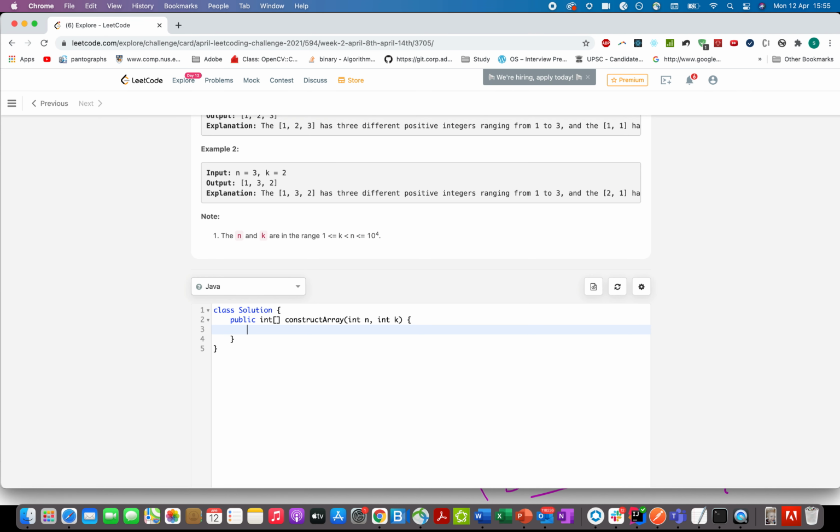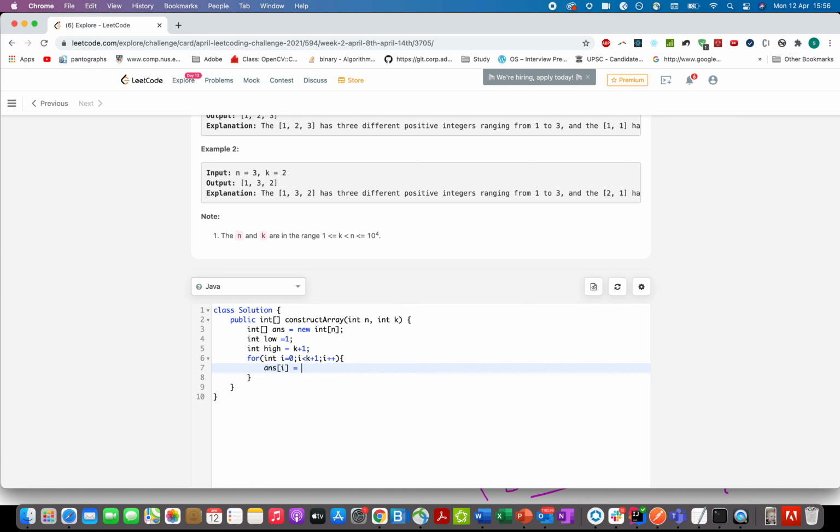The first thing that I'm going to do is to define the answer array ANS, and I'll give it a size of n. And let's take two variables, low starting at 1 and high that would start from k plus 1 index. And let's assign values to the answer array up till k plus 1 index. So for integer i equals to 0, i is less than k plus 1, i plus plus, and ANS of i equals to